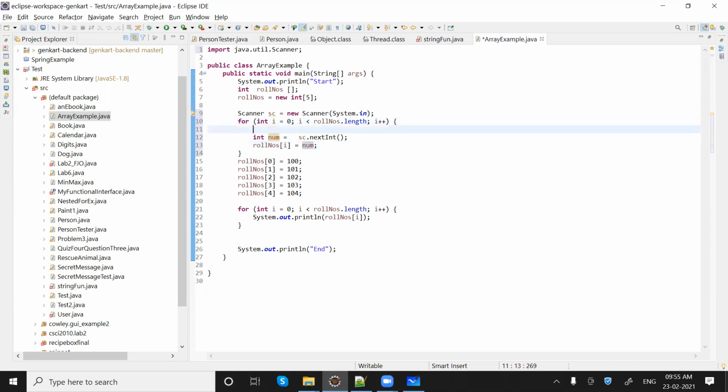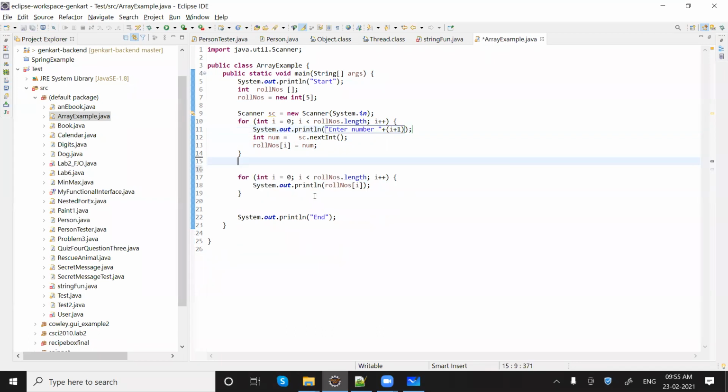Before asking for a number, we should also show the prompt, like enter number. Here I'm doing i plus 1, because i will start from 0, that's why I'm saying 1. So it will say enter number 1, enter number 2, enter number 3, and it will keep going, and the data the user enters will be stored into this array.